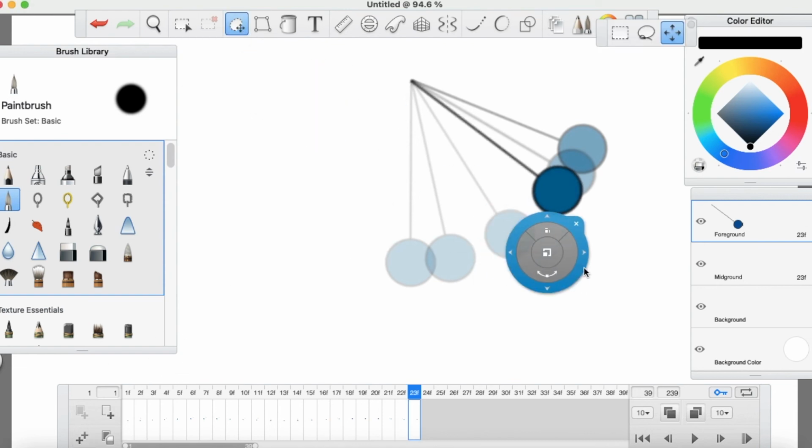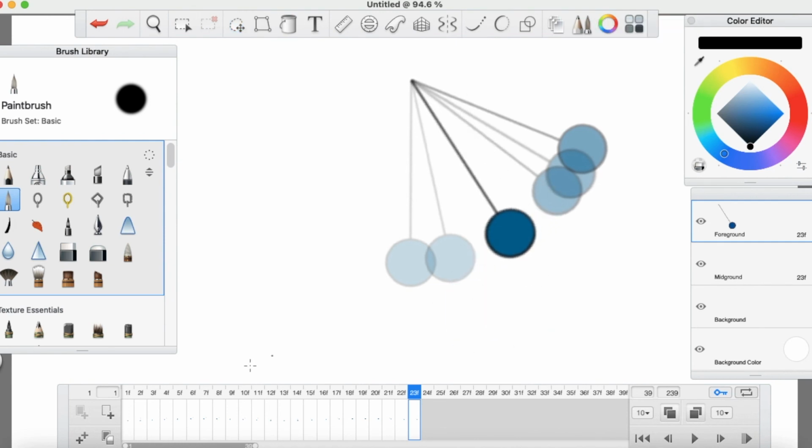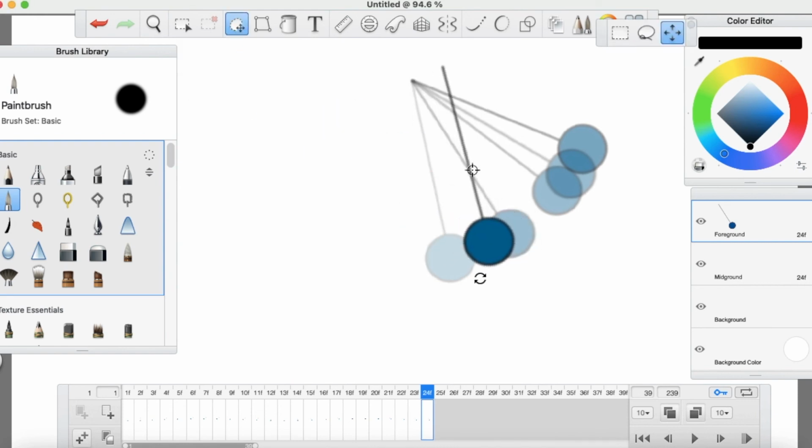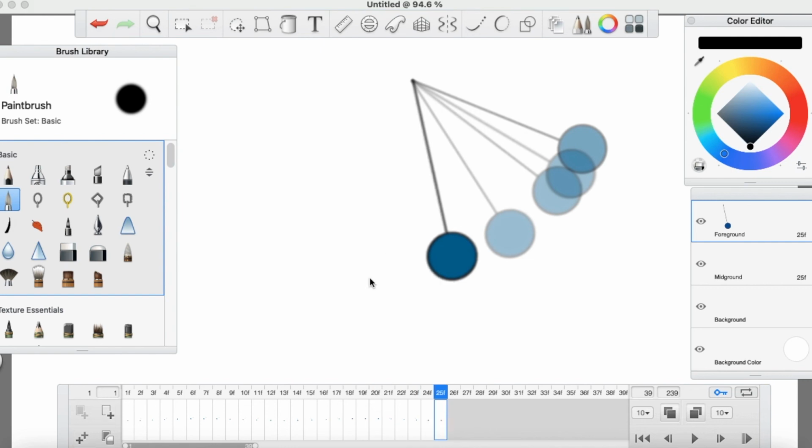Duplicate again. Swing it towards this way. Duplicate again. Swing it down. Make sure everything's lined up. And we'll duplicate one more time and have it end